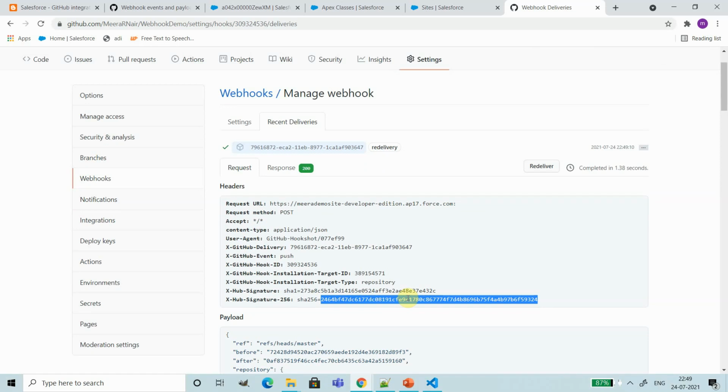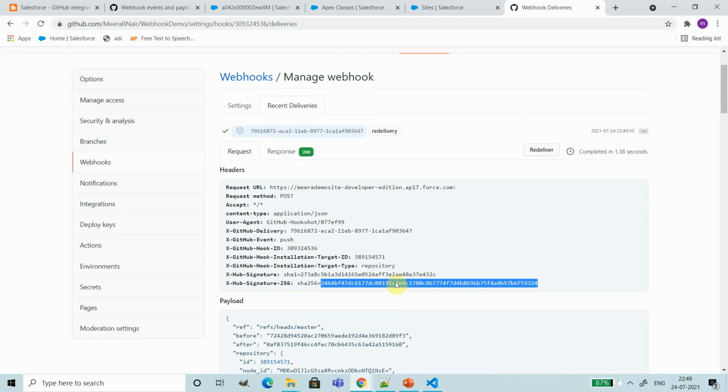Now within our Apex class, we need to get this particular header component, which is the hashed value, and we need to also store the secret value we added as part of the webhook. So this is a mutual understanding between GitHub and Salesforce.